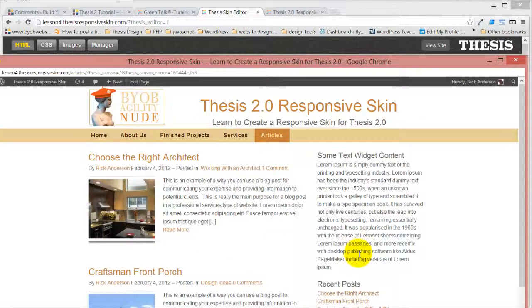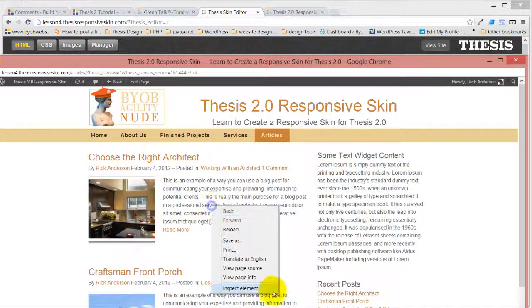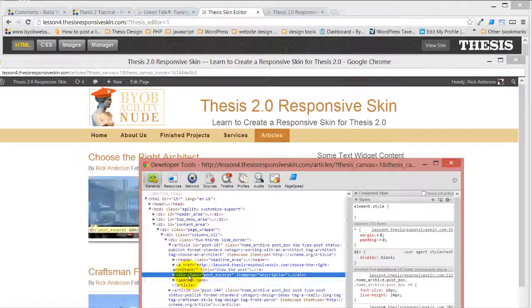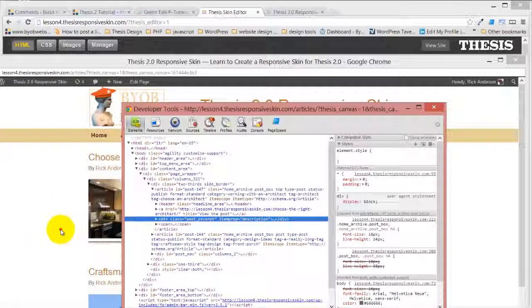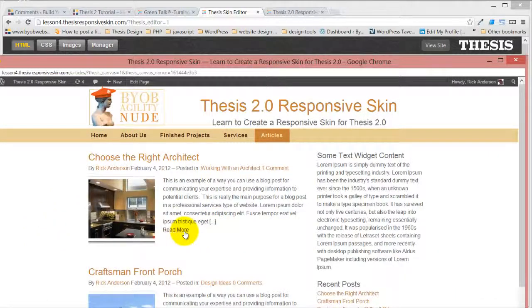Okay, so you can't put the read more on the same line as the excerpt because that would have to be coded, right? Yeah, actually, you would have to add custom code in order to change this into a read more link. And there's no way to get the read more. The post excerpt is already wrapped, and so there's no way to get the read more link into, inside of that. But I mean, you get it right below it, and